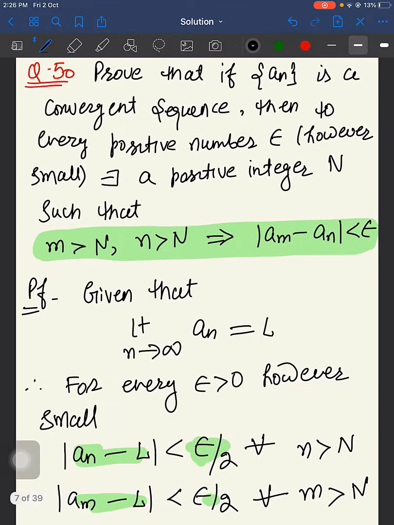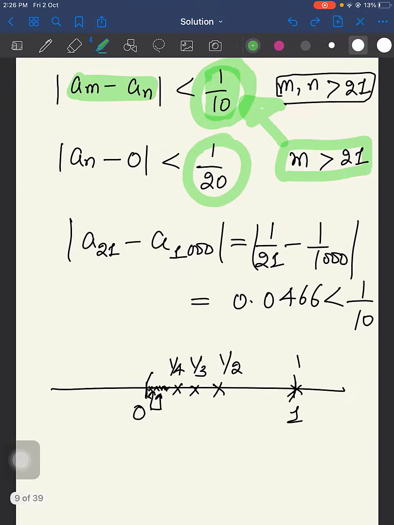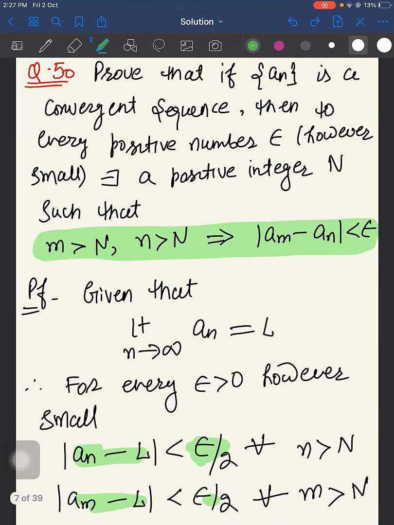That means after a cutoff, that means under a tail, this difference can be made as small as we please. That means near the cluster, any two terms are approaching each other. They are very close to each other. How close? As close as we want. So of course, this condition will be satisfied by infinitely many terms except finitely many terms. And which are those finitely many terms? Those before n. Before n, this inequality may not hold, but after n, this inequality will always hold.